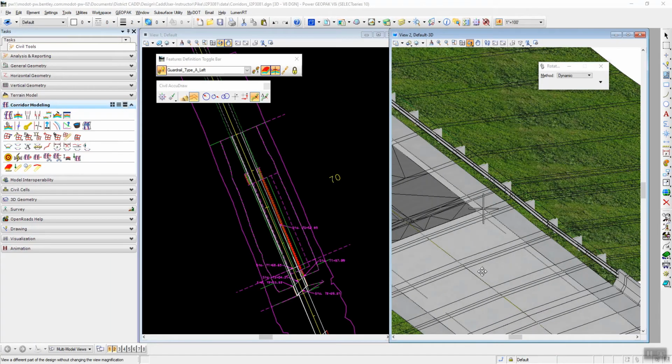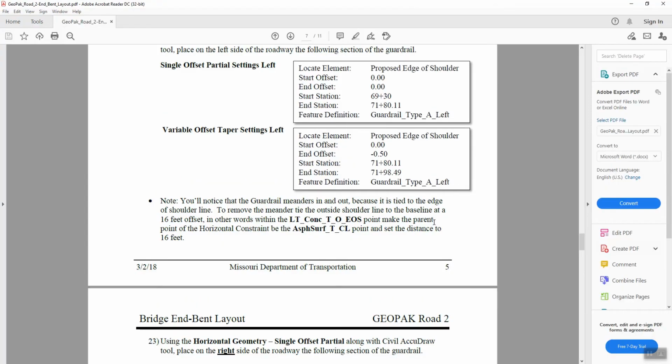In this video, we're going to go ahead and lay out the right side guardrail on the roadway, and we're also going to start on the end bend. But before we do that, we're going to look at the manual on the bottom of page number 5, and there's a note that we didn't address in the previous video, and it talks about the guardrail kind of meandering